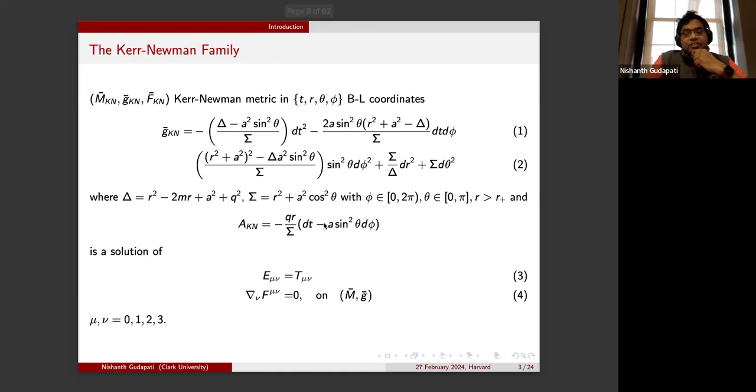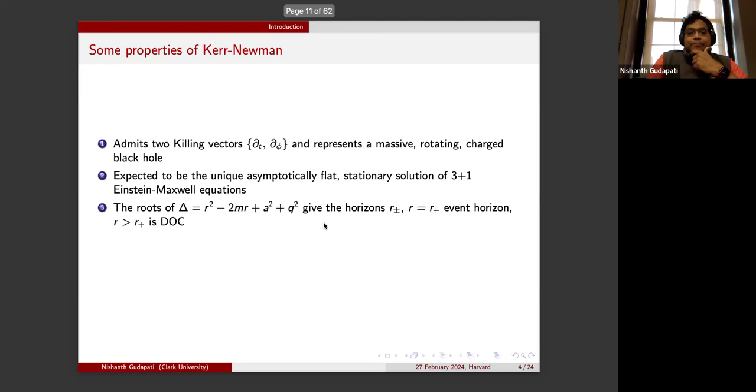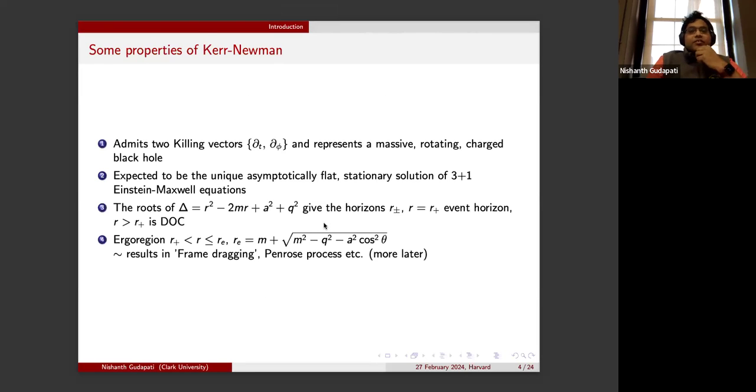Let me mention that. So it's the most general spacetime that we're going to talk about today. But if you plug in Q equal to 0 there, you'll get the Kerr black hole spacetime, of course. And if you plug in A and Q equal to 0, you'll get the Schwarzschild black hole spacetime. Okay. So a similar analysis also works just as well for the Kerr black hole spacetimes.